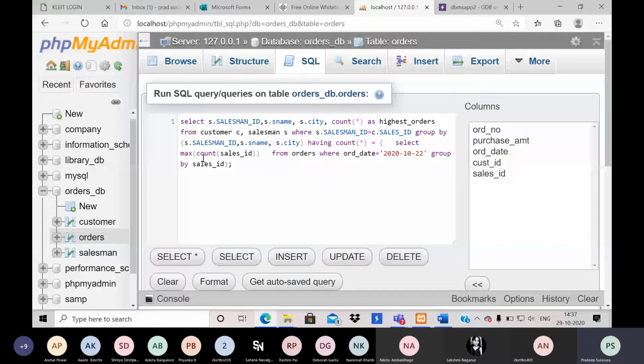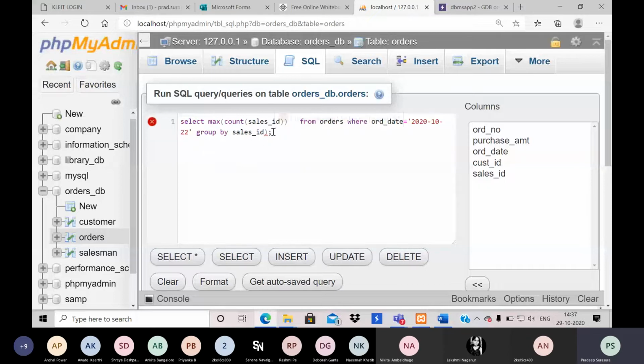Max is a function: max of count of sales ID from customer's order date. So if I try to execute this query alone, what will happen here?